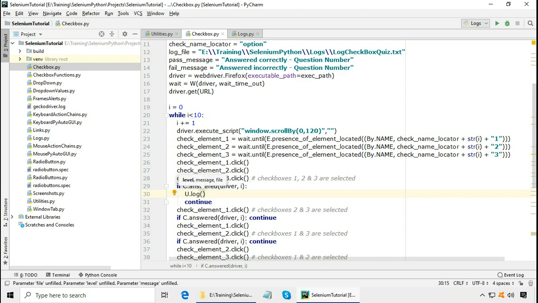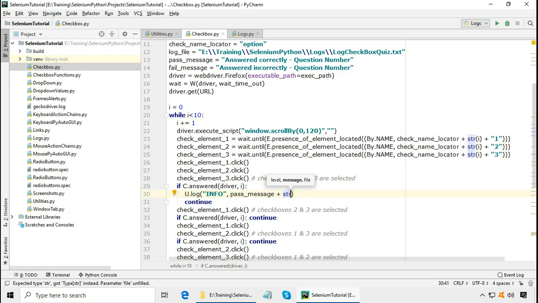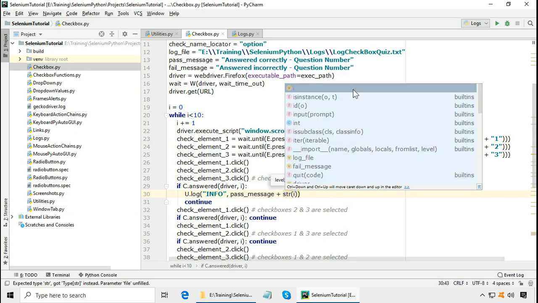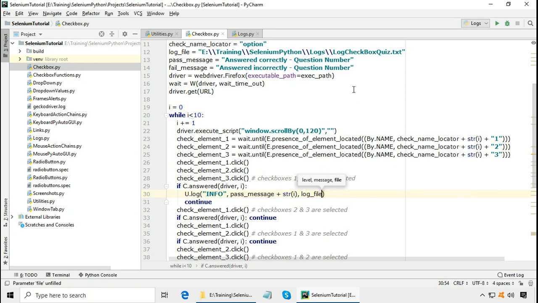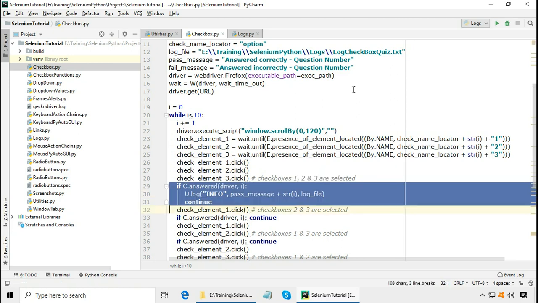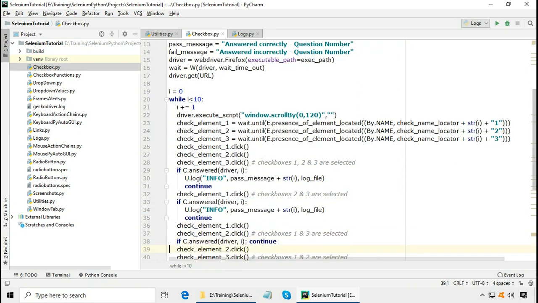Now because it has been answered correctly, I'll give info and pass message, and give the question number also, str, and give the log file that I defined above. These 3 lines of code I need to replace whichever combination is there.